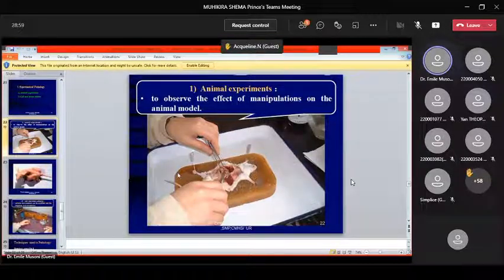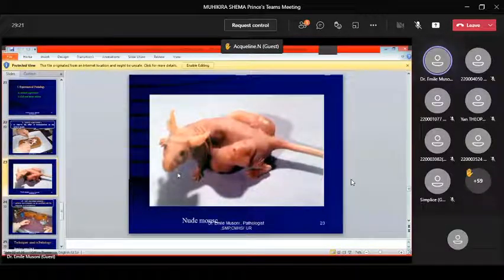For example, if you wanted to inject some cancer cells into this animal, we have to respect the regulations. There are some countries where they don't even allow researchers to do research on animals. For example, this mouse has been injected with cancer cells. This is why here you see the tumor.